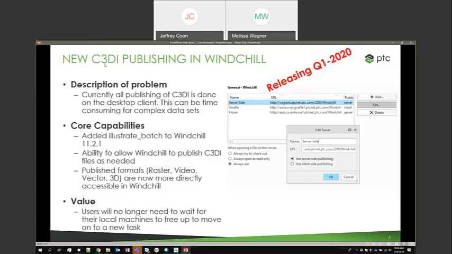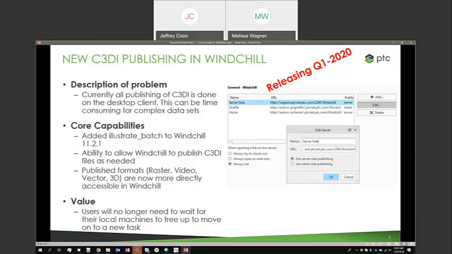What this does is allow you to have Windchill do the publishing. So all you're doing now is just pushing the C3DI file back up to Windchill. So you no longer have to have it do that work on your local machine. You're just pushing it back up to Windchill, then Windchill goes through and applies the same publish settings that you applied in Creo Illustrate,